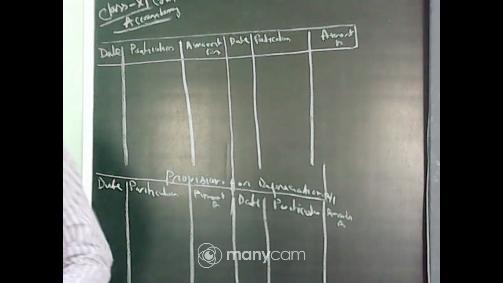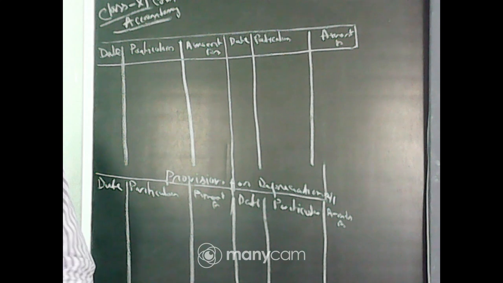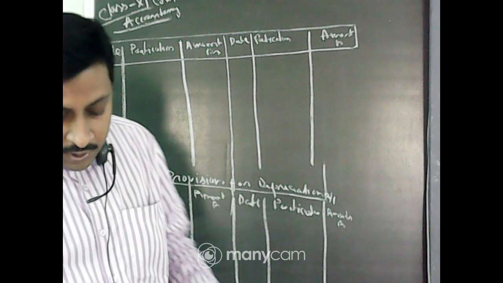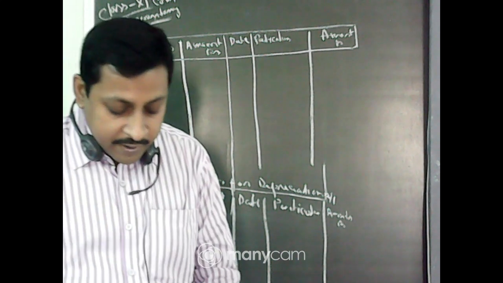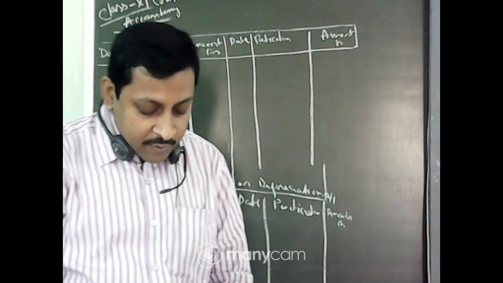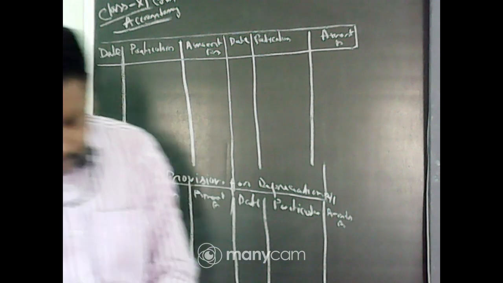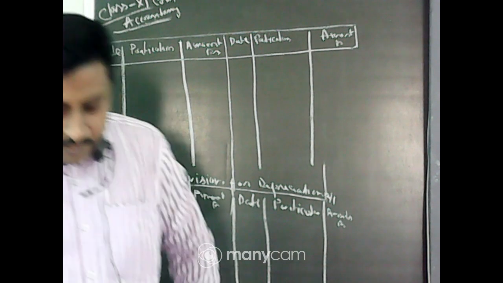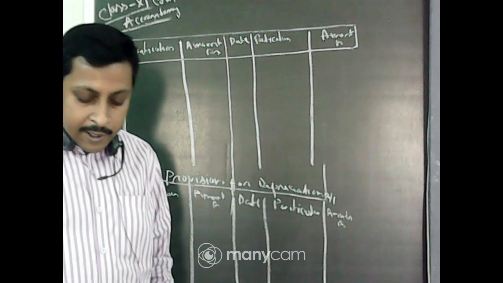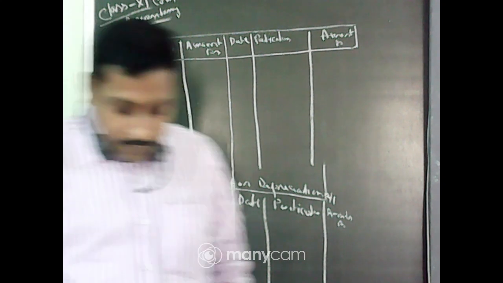Now in case of depreciation, I always said that the date is very important, so always remember what date the machine is purchased and what date the machine is sold. And at each and every year end you have to charge depreciation. If you have not purchased any machine, or no other transaction happened in between, then you just have to charge depreciation.